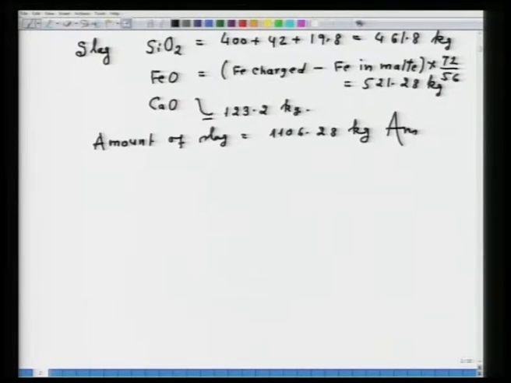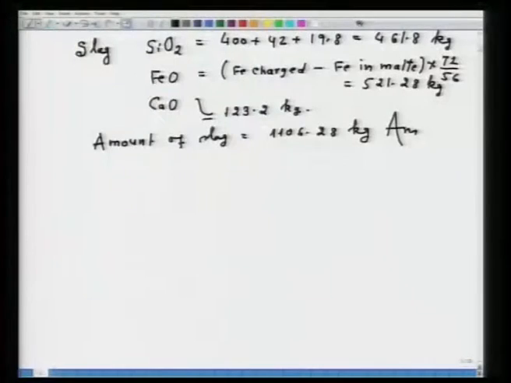Now, all that is required is to proceed as per what is given in the problem, exactly which amount is going where, and then you have to be careful while converting. If you are considering the amount of FeO and you are making an iron balance, then do not forget to convert to FeO. These are certain things that one should keep in mind while solving the problem. Many times over the years I have seen that students might commit a mistake in converting iron to FeO or Si to SiO2, whatever.